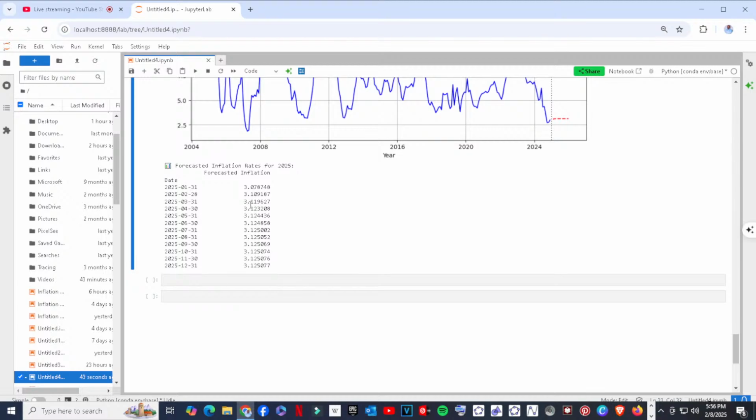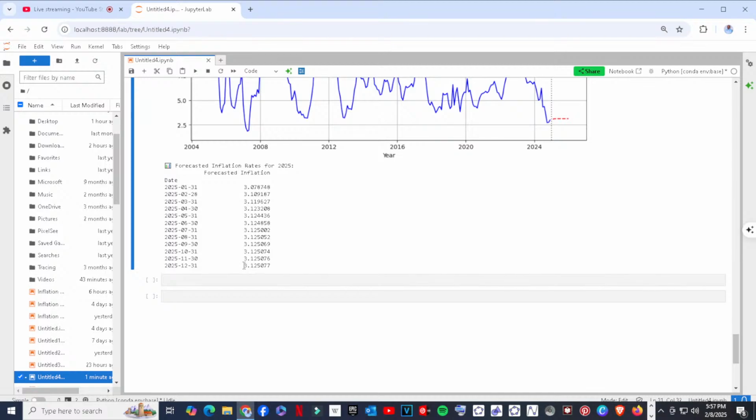February, it should be 3.191. Then March, it's 3.12. And then we expect it to stabilize at around 3.13 towards the end of the year.